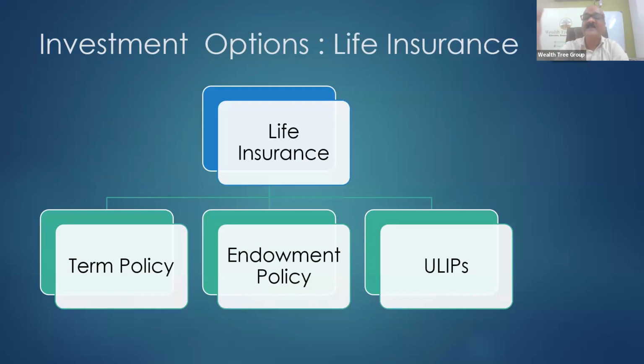In the life insurance option, you have three kinds of policies. One is called term policy, which purely gives you the risk coverage for your life and for your family. Why should somebody take it? That is the first foremost thing that somebody should do. Because whatever comfort you are giving to your family, you want it to continue permanently, whatever may happen in future. Suppose I am giving 1 lakh rupees to my family and they are living happily. That happiness should be for their entire life, whether I am there or not, or anything can happen to me.